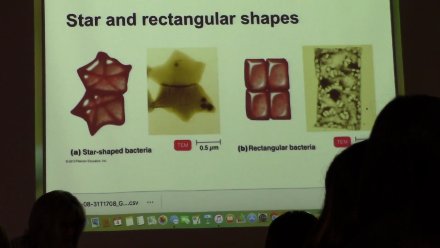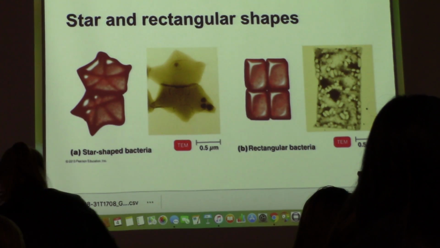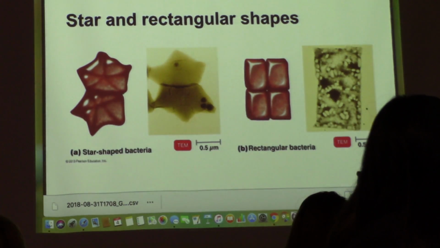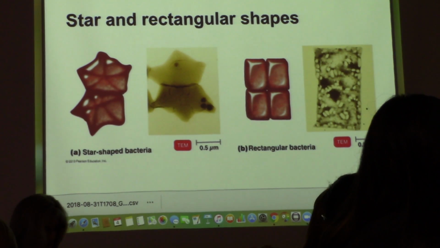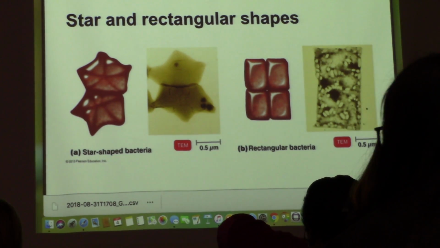These are not the only kinds of shapes, though, because bacteria form all sorts of weird shapes. There are star-shaped bacteria. Here's some very square rectangular bacteria. Okay? So don't assume that those are the only kinds that you might ever see. All right. So I think the next question is a quicker question, which we will save for next time to see if you remember this, okay? Don't forget to give